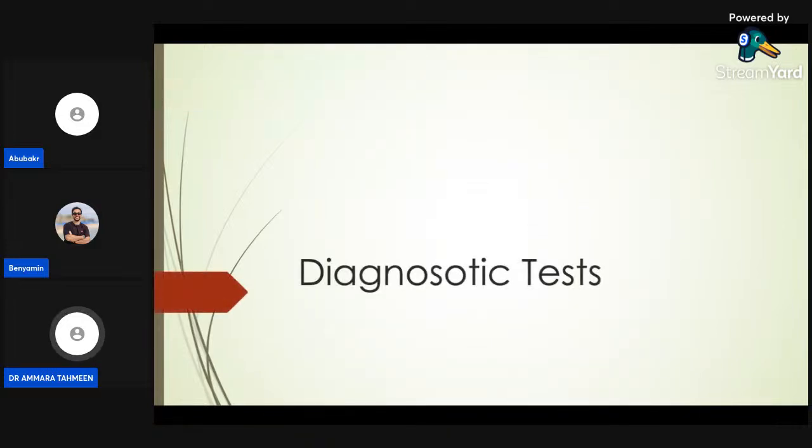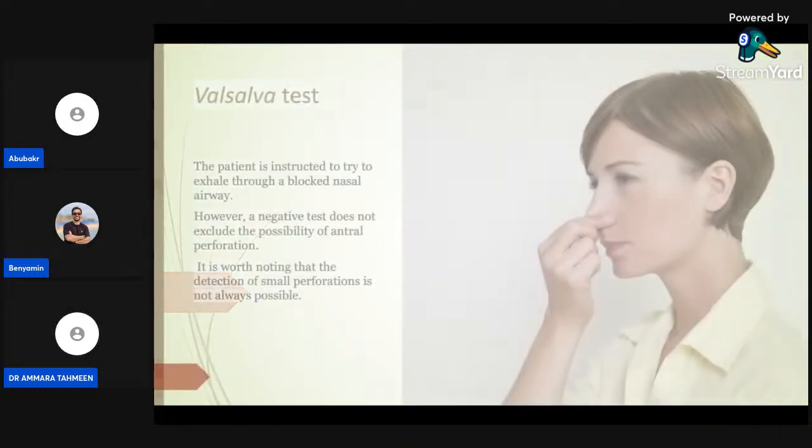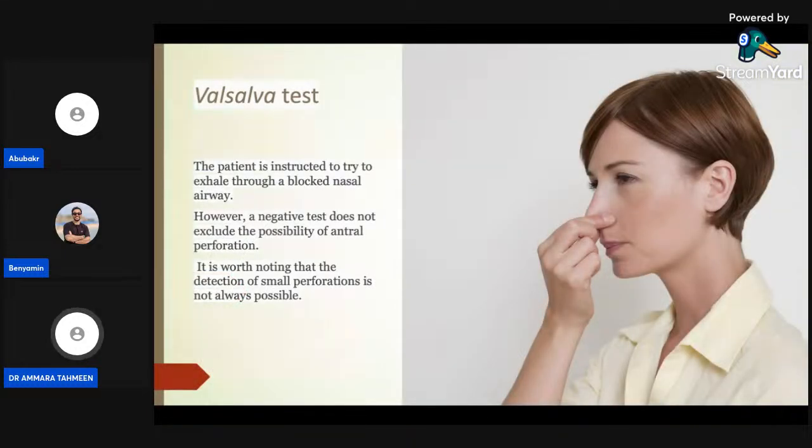So coming to the diagnostic tests which are carried out for the diagnosis of the oroantral communication. As we were talking about during the clinical examination, this is called the Valsalva test. In this test, if you are suspecting there is a presence of oroantral communication soon